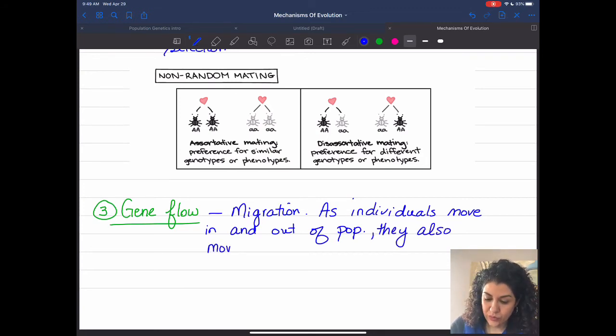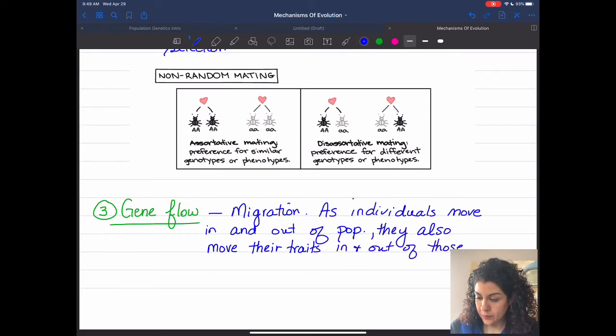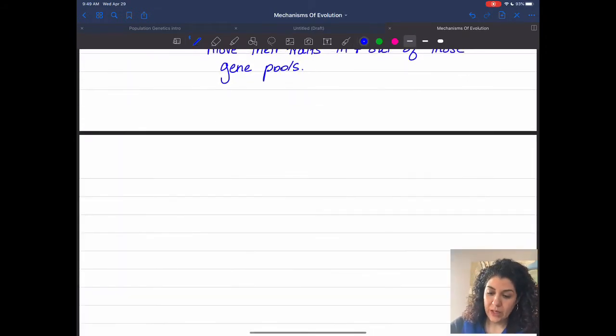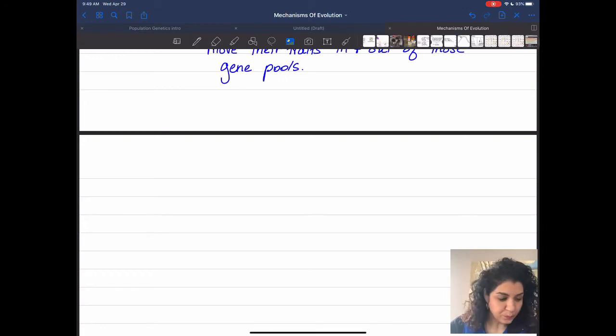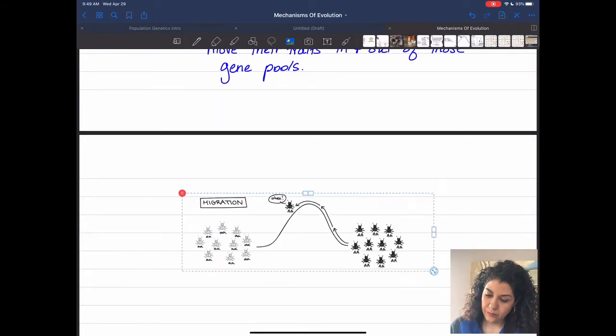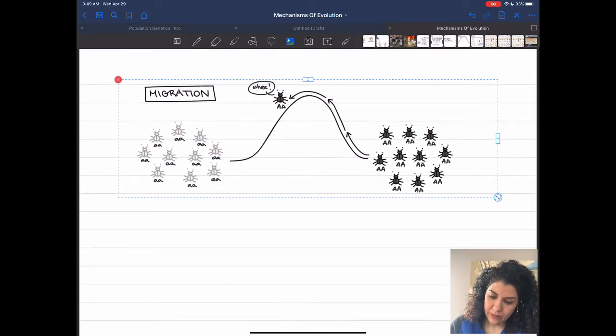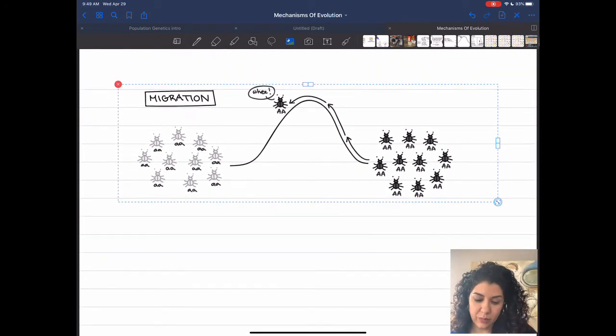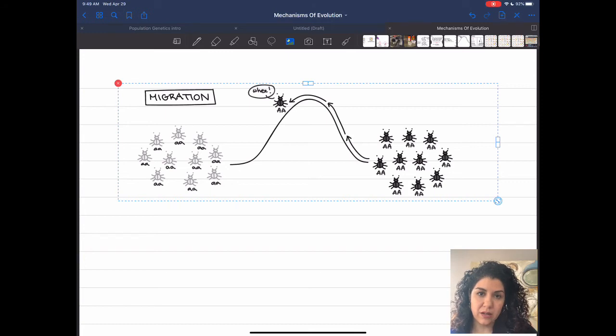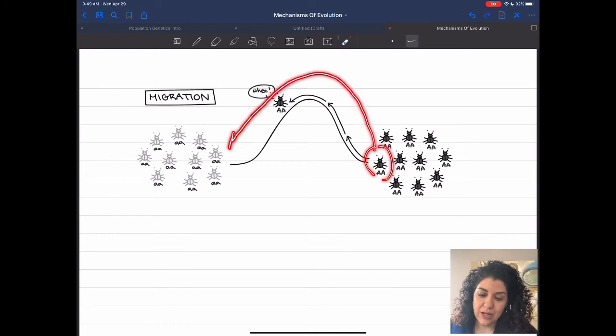They also move their traits, their alleles, their genes, whatever you want to say, in and out of those gene pools. Okay, and we have a picture for that too. So you can see here, I have a population of just light gray beetles. And as my dark gray beetle leaves this population and enters this population, it's going to bring its particular genotype